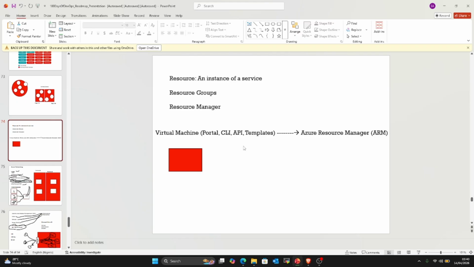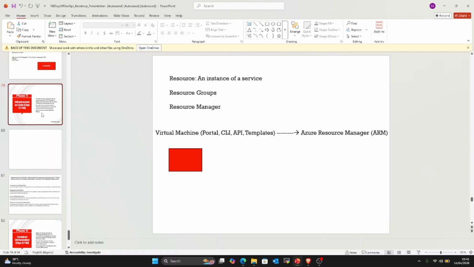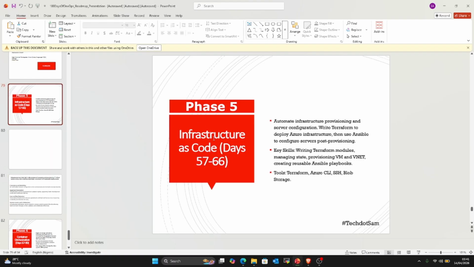And then I mentioned that we can also use APIs. So we focused more on creating things with the portal and with the CLI. This particular phase is where we are going to create things by calling the Azure API, and how to do that is what this phase is about, which is infrastructure as code.